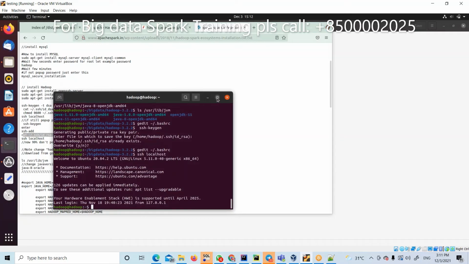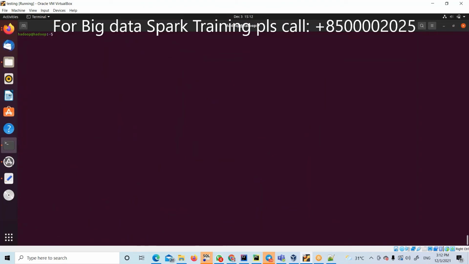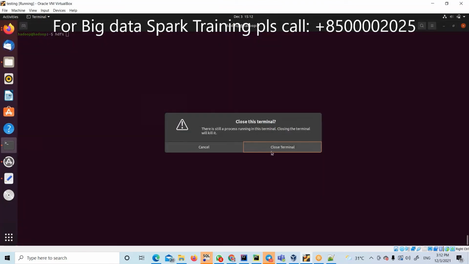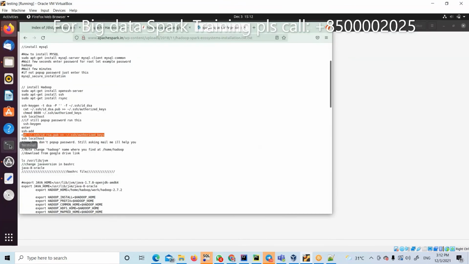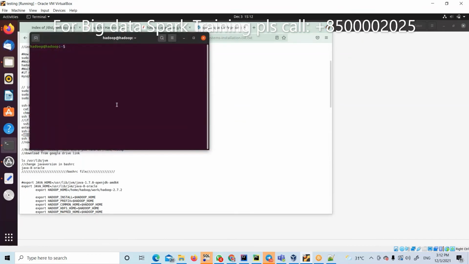100% is now completed. This is only required the first time, don't do it again in your office either. What is that? HDFS. Okay, and one more thing, if you install anything, I recommend you close all existing terminals and open new terminals. For verification purposes, check the Java version. Now it is Java 11 instead of Java 8.